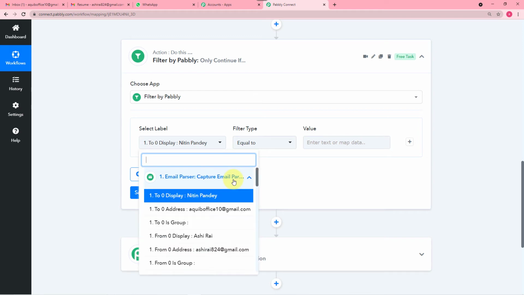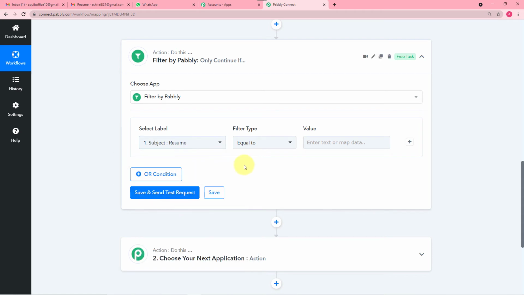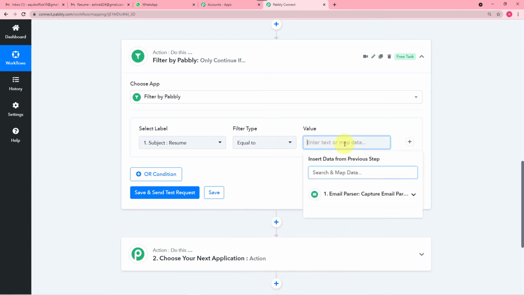When you click here, you will find the same data that we received in the previous step. Here you will find the label. This is the subject label we have. Just click on it, make the filter type equals to, and here enter the value as resume only.